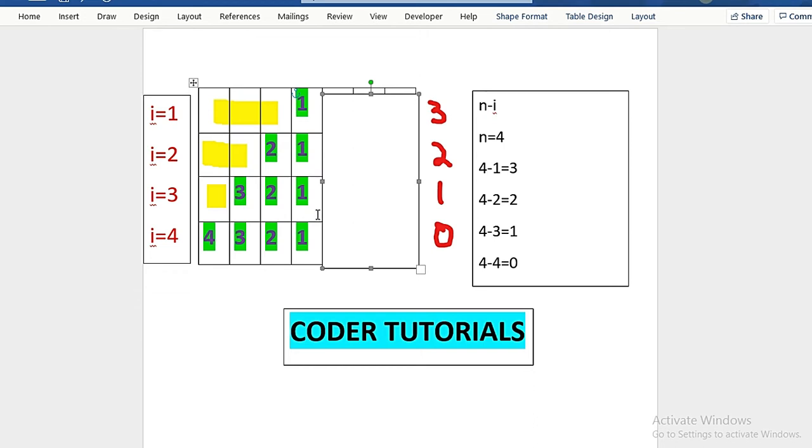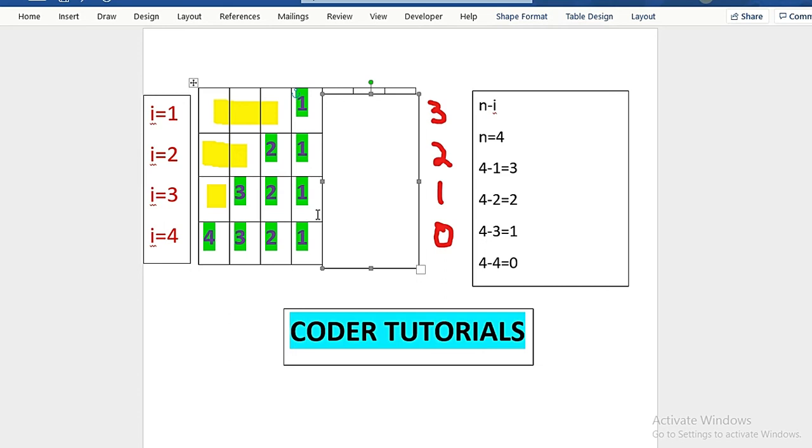So what can you observe? One thing you are able to observe is that in the first row, starting from 1, it's printing the numbers. In the second row, it's starting from 2 and then going on to print the numbers till 1. Similarly, in the third row, it starts from 3 and prints numbers till 1.